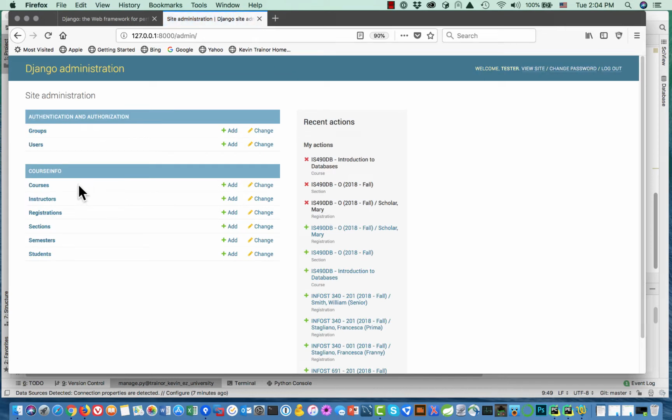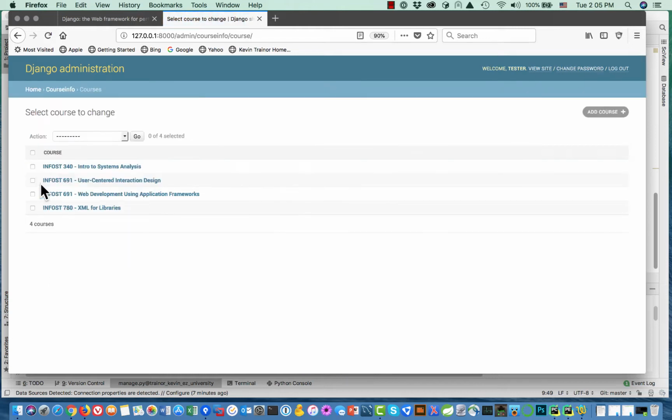Well, then we can see that we've added the course info app to the admin application, and that we are able to do pretty well full function CRUD activities on all 6 of our tables. So we can see our courses,